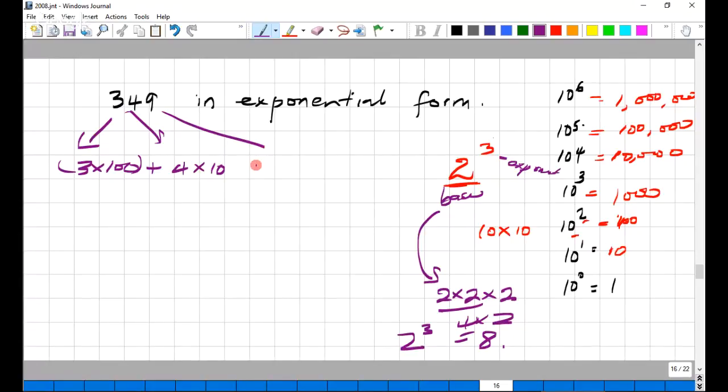And then what? 9 times 1. All right. Now, what is 100 in terms of exponential form here? 10 to the second power. So it's 3 times 10 squared plus 4 times